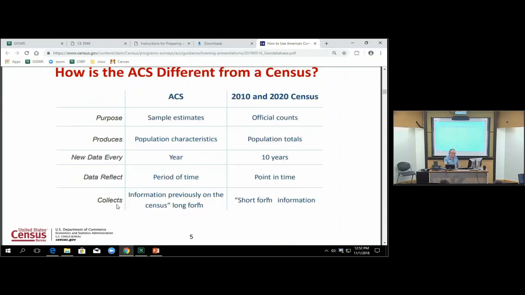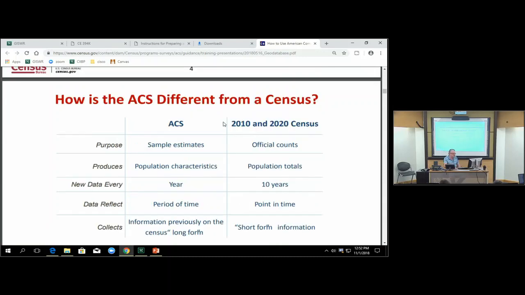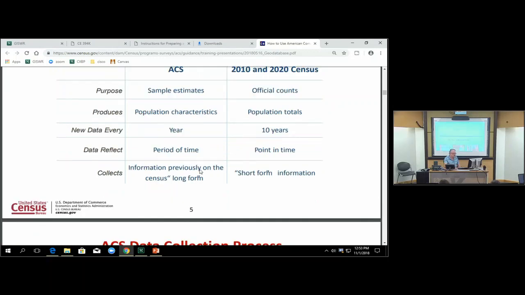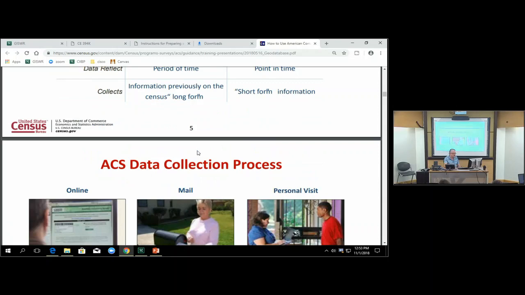So the American Community Survey is different from the census, and the American Community Survey has sample estimates. They also have the error of each estimate presented in the data, and the census is the official count. So there's no margin of error given there. This has to do with the population characteristics, descriptive things. This is just the number of people. American Community Surveys every year, census every 10 years, and collects, as what's indicated here, various ways of going about the American Community Survey,